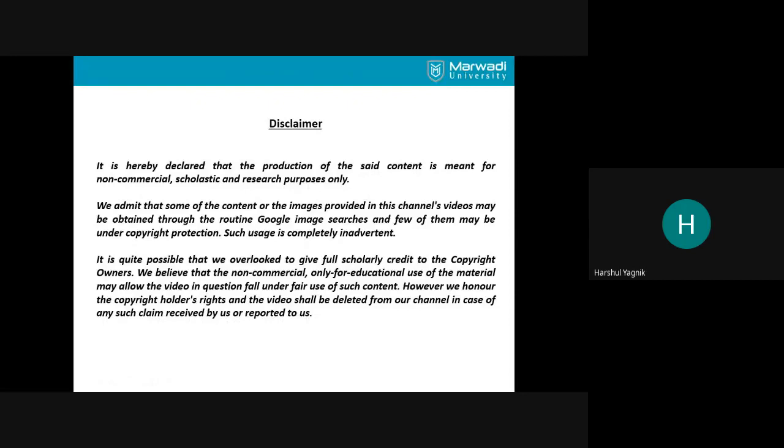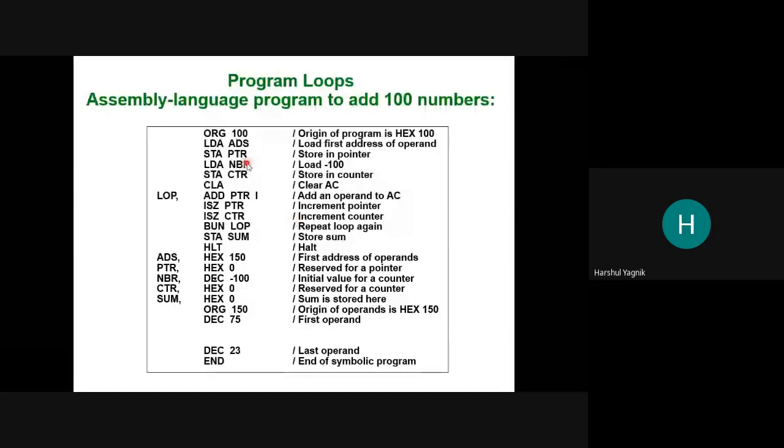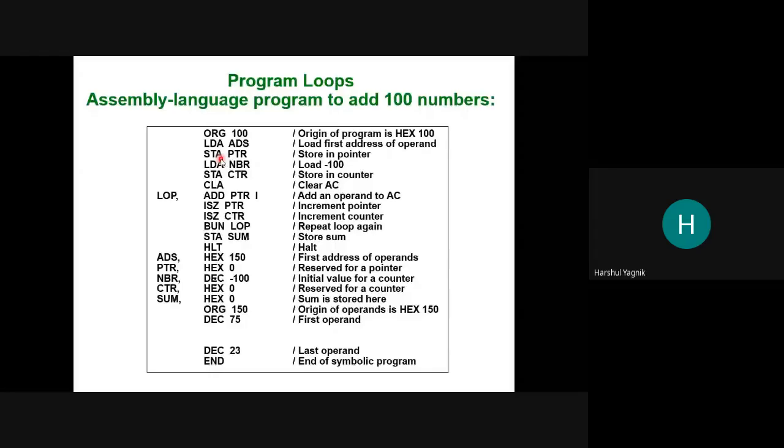So the third instruction, that is store accumulator, will store the content in the accumulator to the pointer. Now the pointer in this case will be some memory location or a register. So here, the pointer is one register, which is memory location 0. As in the previous example also, we used the pointer at memory location 0. Similar, it is done over here.